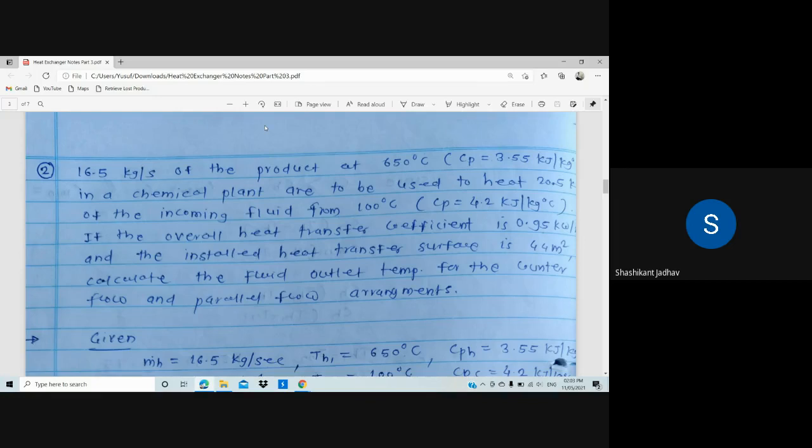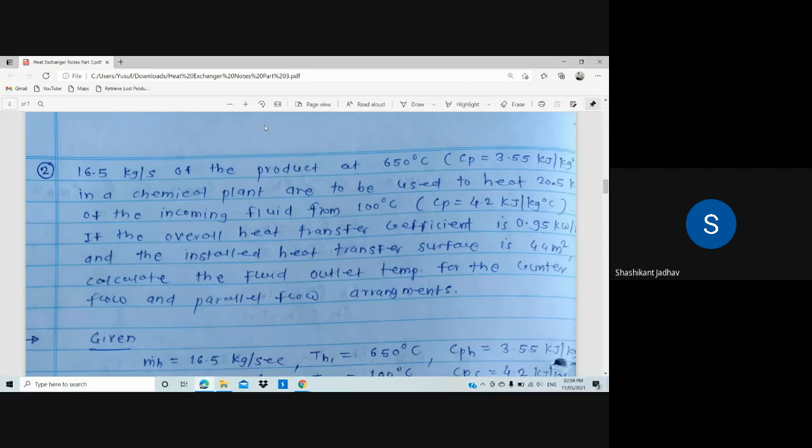In bracket Cp is equal to 3.55 kilojoule per kg degree Celsius, in a chemical plant are to be used to heat